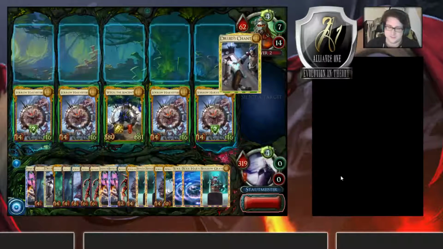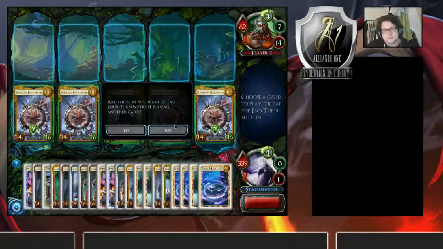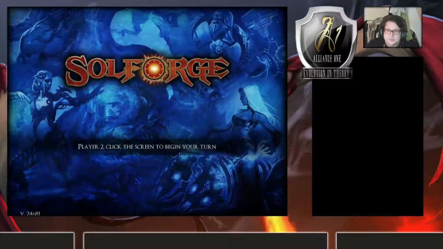Yeah, this is it. Alright, so now as you can see here, this is how I did it. This is how I did the one side of the board. Then I press battle, I press turn. Let's save the screenshot. I'm just saving the screenshot. Okay, so we end the turn. Yes, we end the turn. Now we go to the other side,